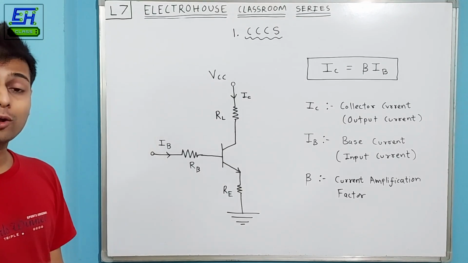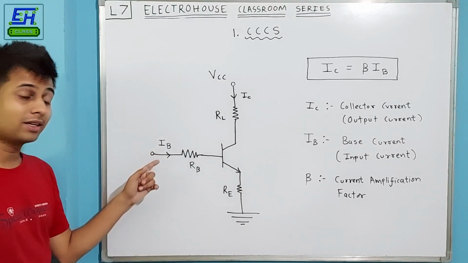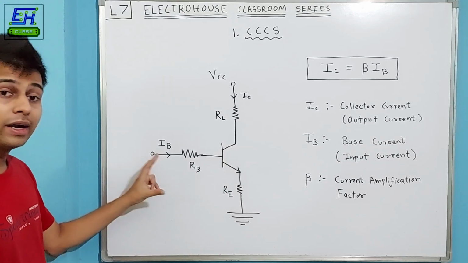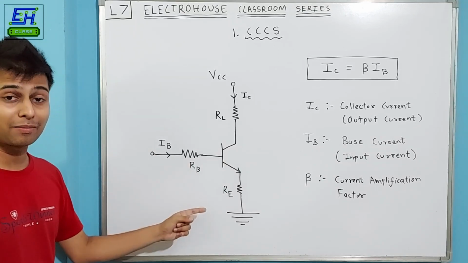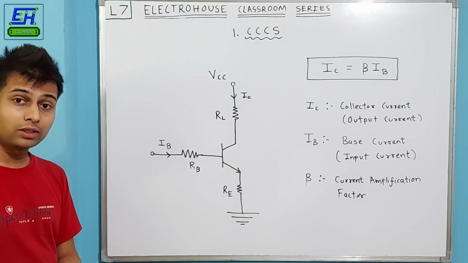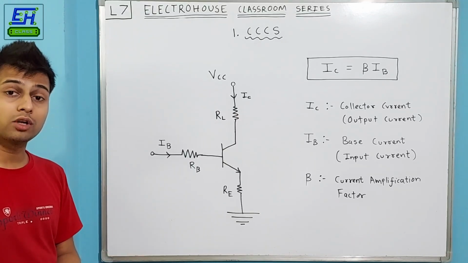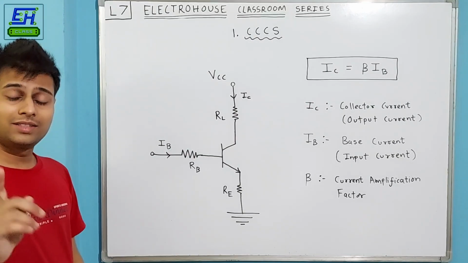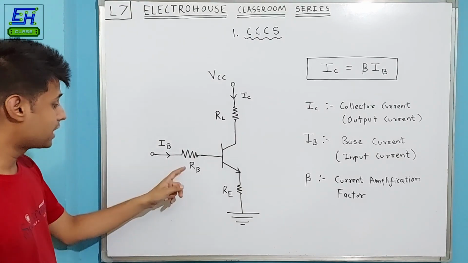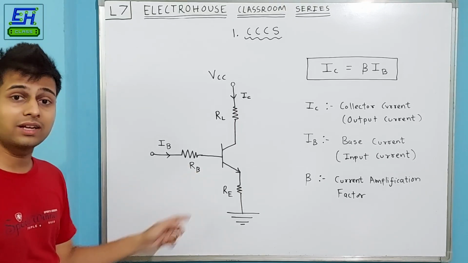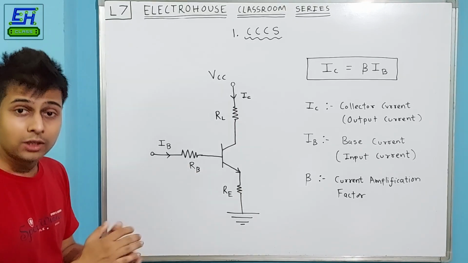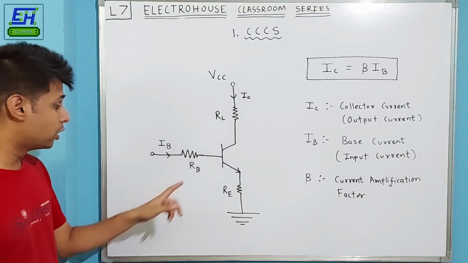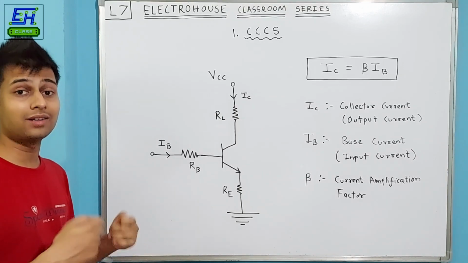Now some of you might also be confused as to why the transistor is a current controlled device, even by the fact that we also have to provide a voltage between base and emitter terminal, that is 0.6 volts or 0.7 volts in the case of a silicon transistor. So can't it be a voltage controlled device? See, the explanation is very simple. The voltage that we require between the base to emitter junction is actually to turn on the transistor. So it is very essential that we provide at least 0.6 to 0.7 volts to the base emitter junction in order to start the transistor.